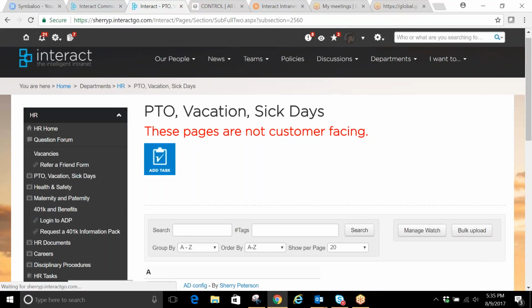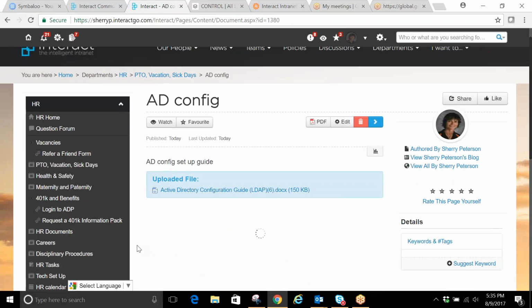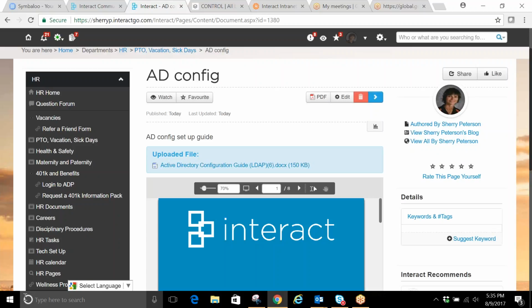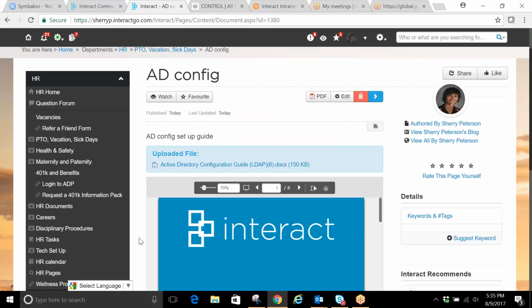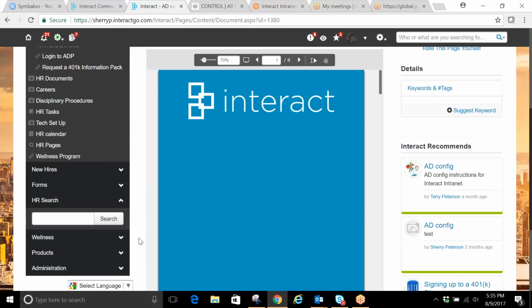So now when they open it, because it's an upload, the only difference is it's going to open into the viewer. They can click here where it says upload, and then it would basically download it into the format that it was created in. So if it was a Word document, it would open up in Word and things of that nature. Now, if something changes in this particular document, a step has changed for the AD configuration, in order to make that change, I would have to go to where it truly lived, my desktop or a particular C drive in a folder. I have to open up where it truly lives,